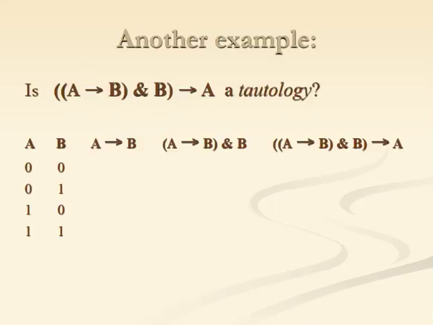So we do the same thing as before, and I'll do it a bit faster now. You do it for the implication. Next one. In this case we can see that it's not a tautology, and we can actually see exactly when this formula is true and when it's false.